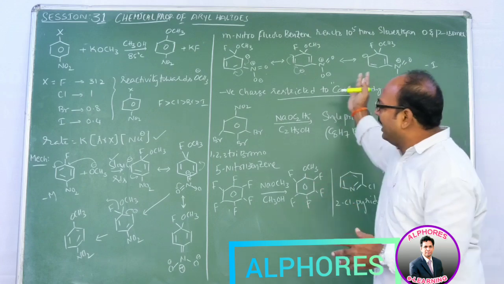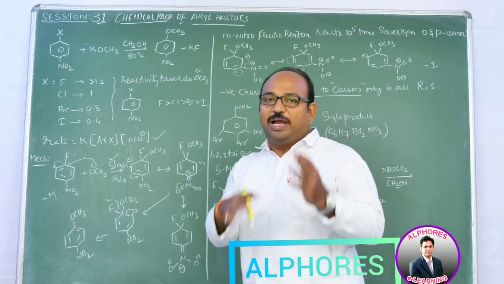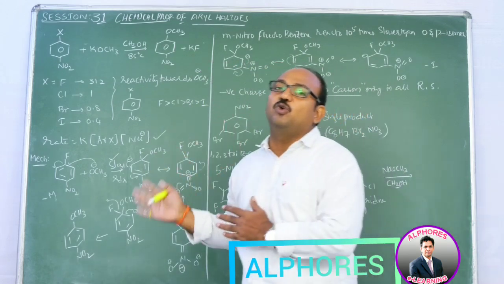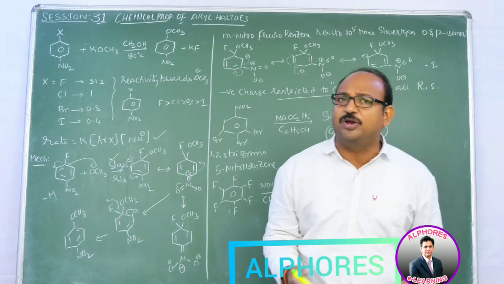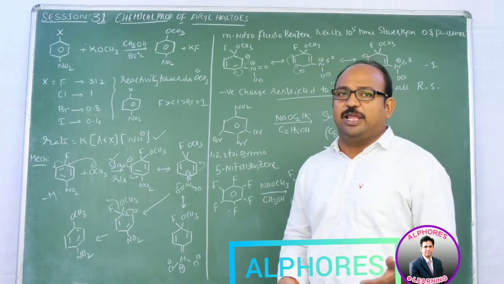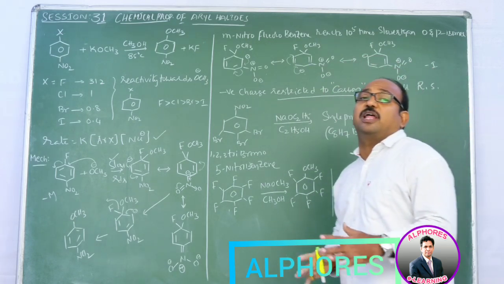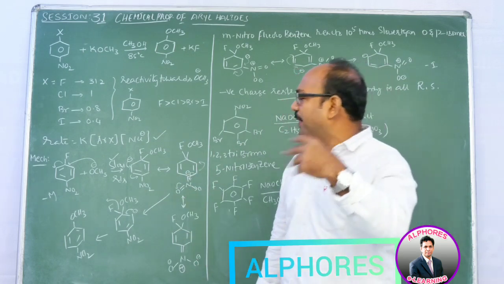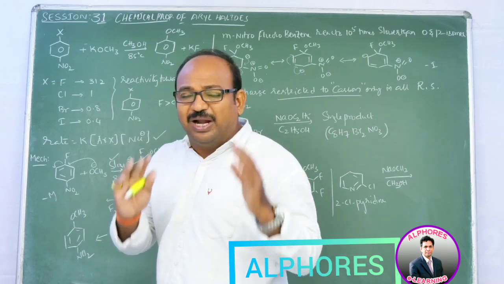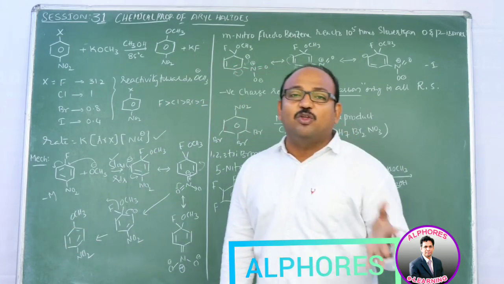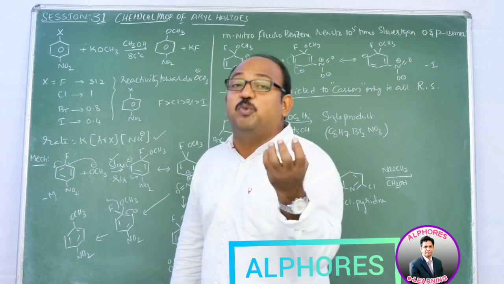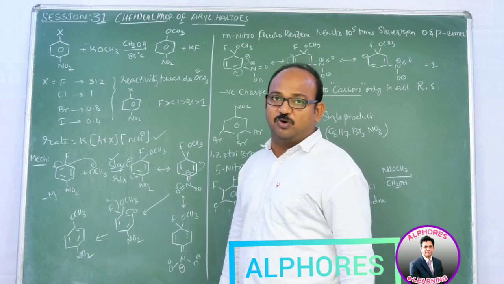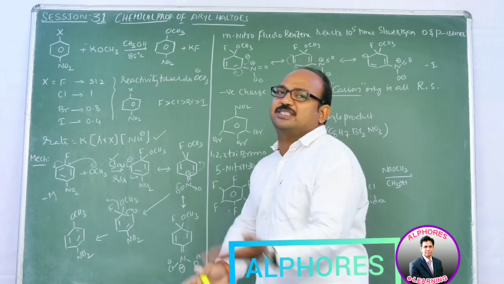So fine sir, leave that rate concept. First of all, why are aryl fluorides more reactive when there is a nitro group or any electron withdrawing group like COOH or SO3H? In the presence of an electron withdrawing group, halogen displacement is more facilitated, that happens. But why is fluorine more reactive, even though it is a poor leaving group? So why is fluorine a poor leaving group? Because its bond energy is more. Simple. In that question only, the answer is there.